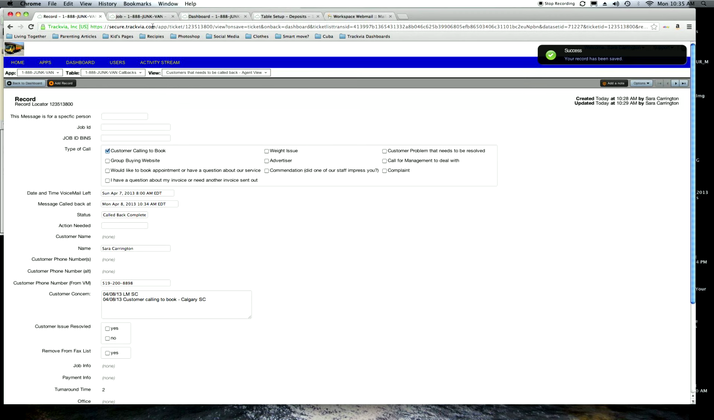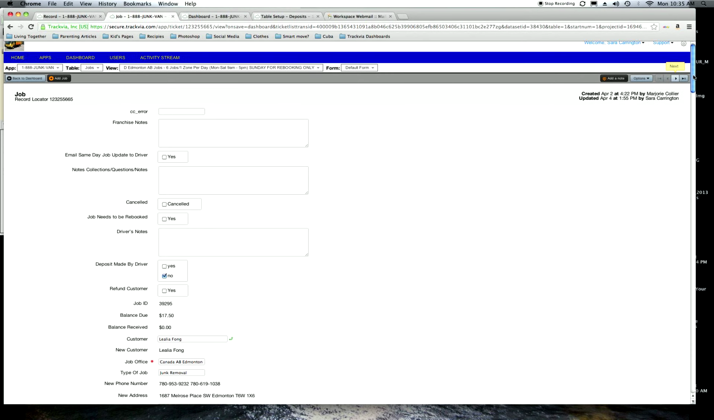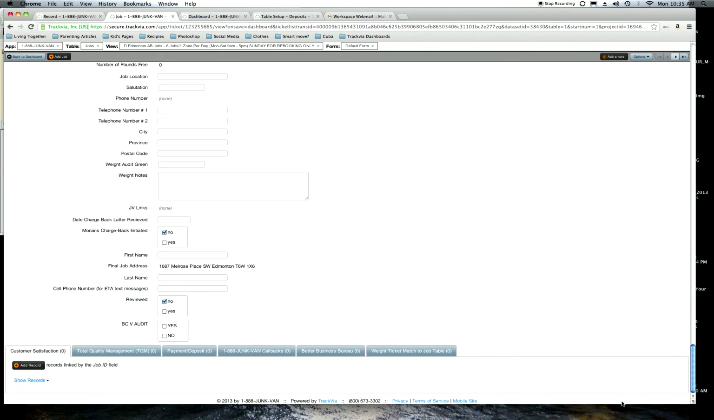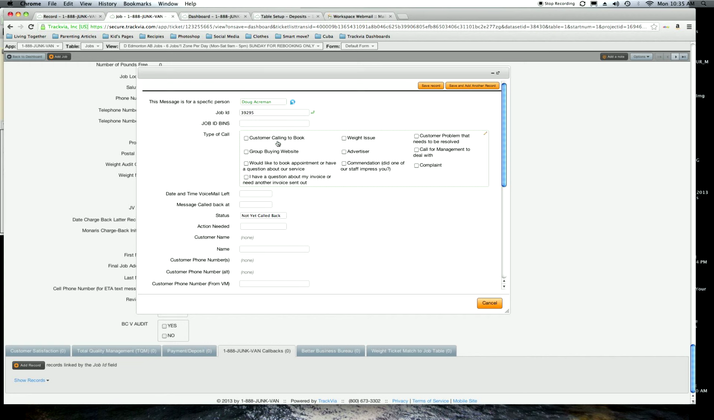Now, a callback inside a job. If this customer called in and you were speaking with them and they needed a callback for some reason, so they were unhappy with their bill, there was an issue with the driver, etc., you're going to go all the way to the very bottom of the job, and you're going to go here, 1-888 junk van callbacks. You're going to click that tab and then add record. Now, this is a little different because you're going to assign it to a specific person, either your manager, who at the moment is Marjorie Collier, her name is here, or you're going to assign it to the driver of that particular city. So Edmonton office, Hamilton office, in particular, Calgary has his name, Doug Ackerman,